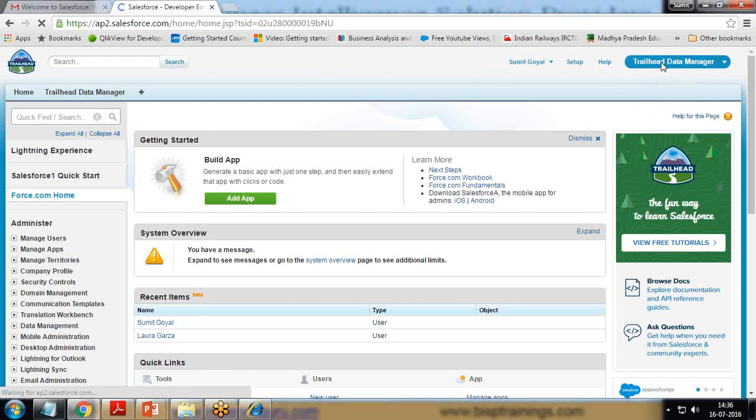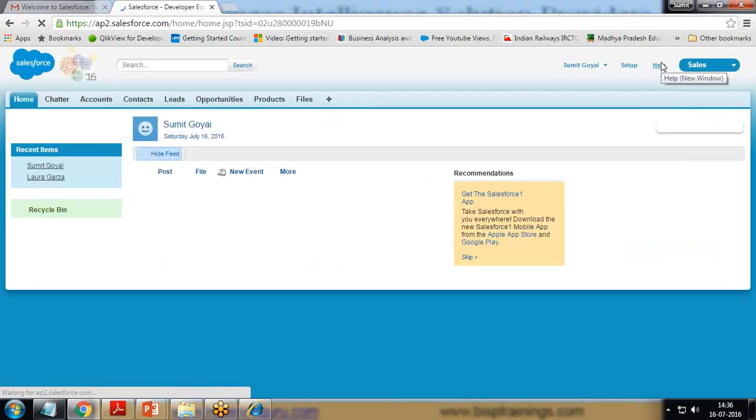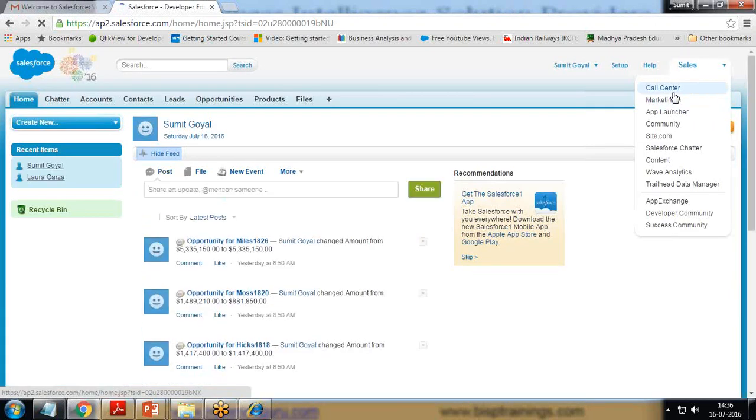In Sales, everything is the same as in the default registration, like we have in a developer account: call center, marketing, app launcher. The only new thing you can see here is Wave Analytics and Trailhead Data Manager. Trailhead Data Manager is the default application. It's a custom application which comes along with this account. Apart from this, we have the Wave Analytics option. This Wave Analytics option will be used to work on